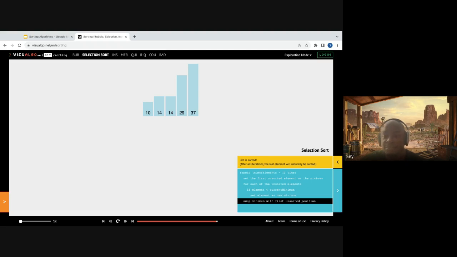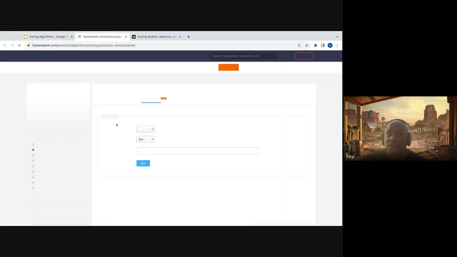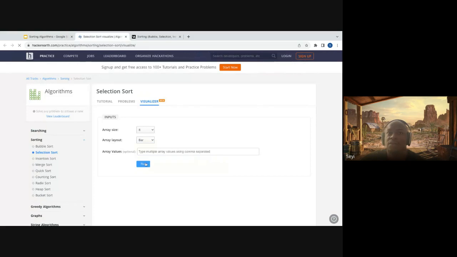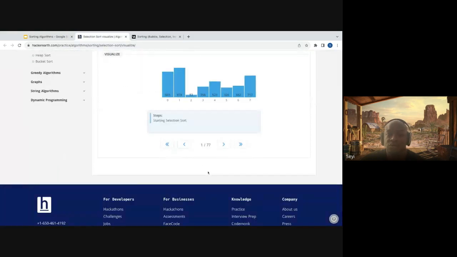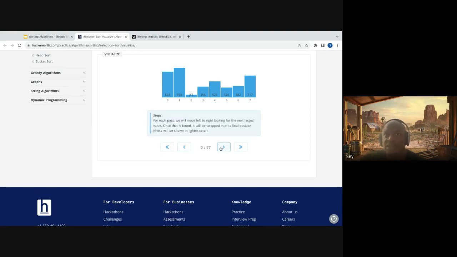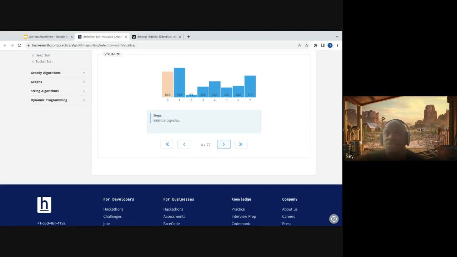You select an item and put it in the right position. Now you could do it the other way, where you select the maximum and put it in the last position, which is what I'm going to be showing here. So run. Okay. So in this case, this is another application of selection sort. But in this case, we are looking for the maximum,